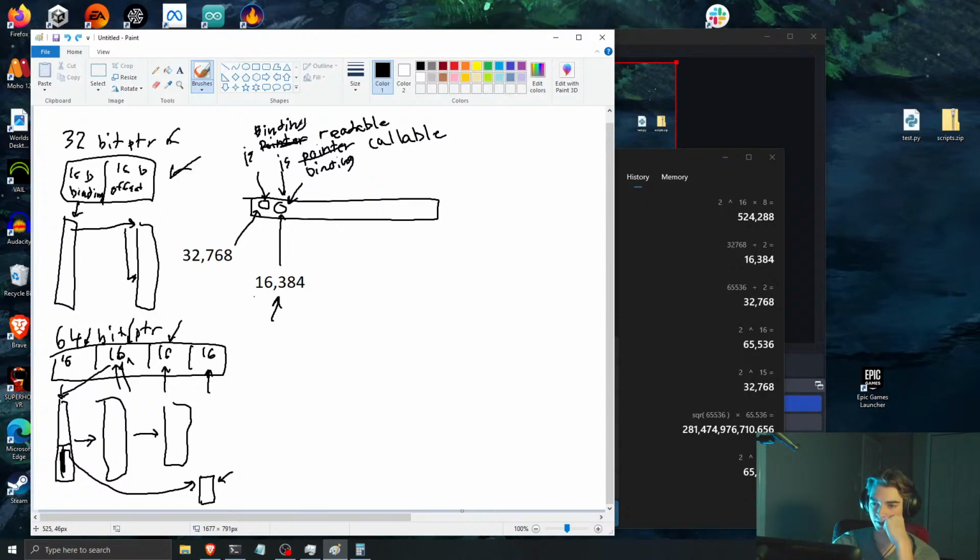So this is bindings readable? Is bindings callable? Then this should be readable. And then this, for the sake of consistency, should be